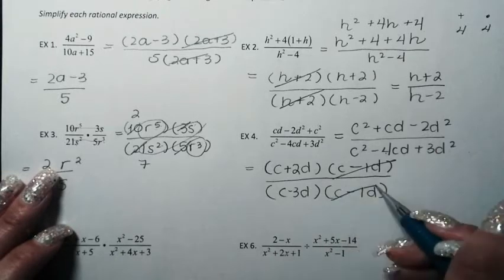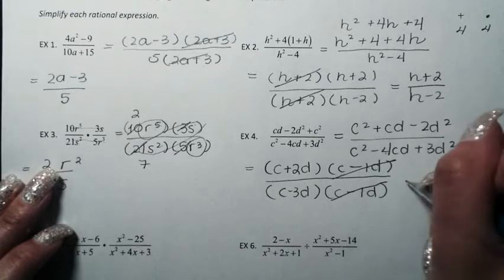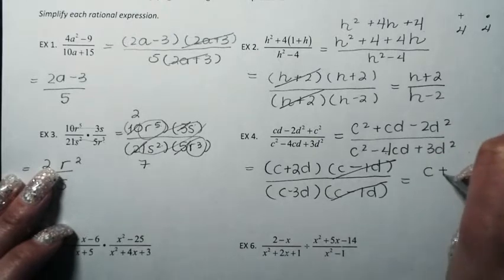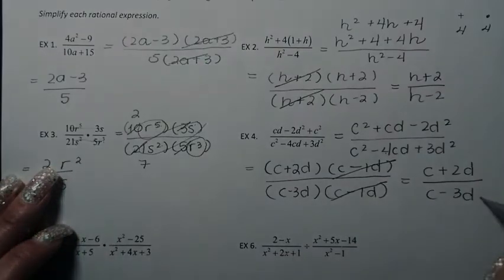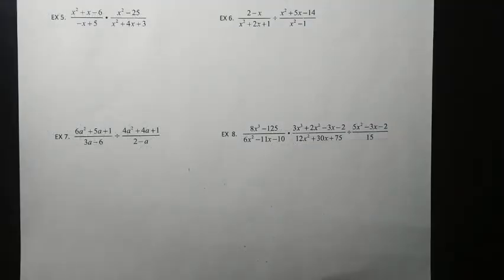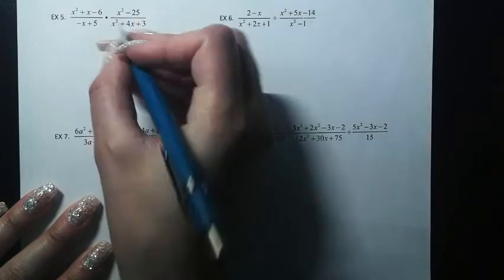Obviously this cancels with this, and then what I have left is just C plus 2D divided by C minus 3D, and that's it. For problem number 5, what you need to do is